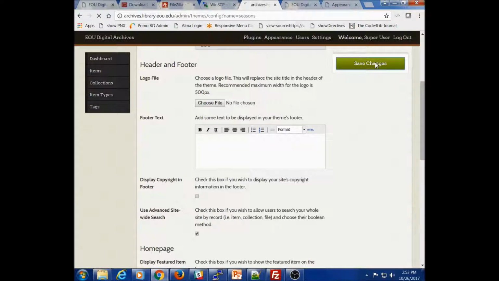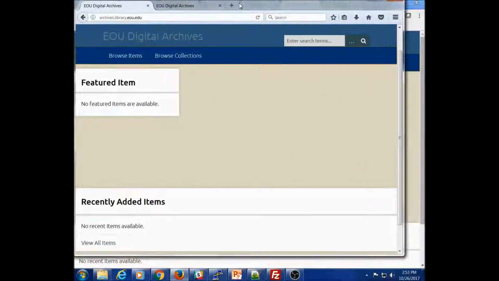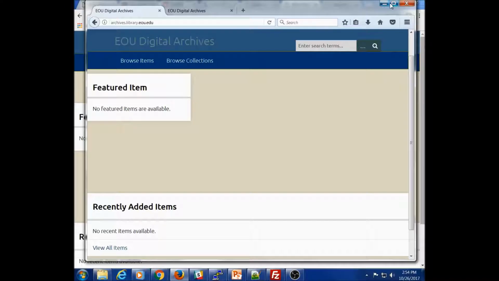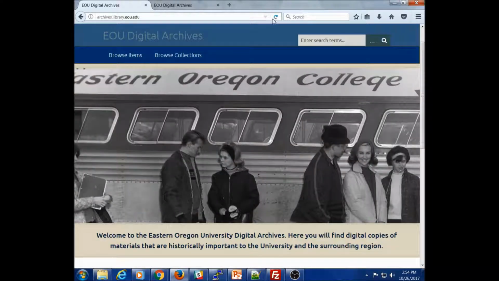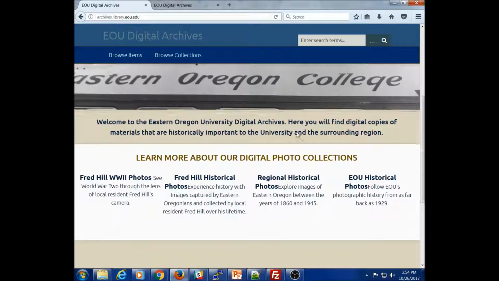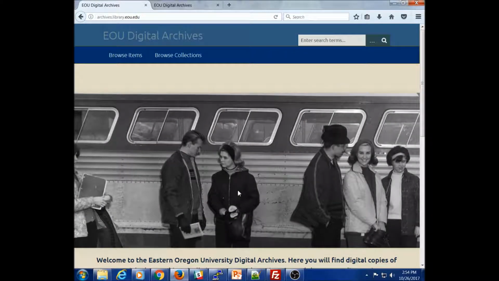And I think if we go ahead and save and go back to the page, actually, I don't like to do this in Chrome, because Chrome does some weird caching that makes it so that you have to clear the cache every time. So I'm going to use Firefox for this. I'm going to reload the page, and so here we go. It looks much more similar to what we had